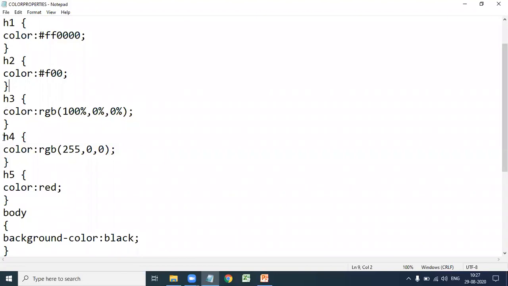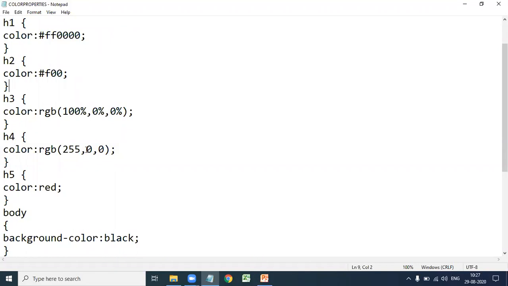Next, H4 color: RGB(255, 0, 0), this one is RGB absolute. The red value is the maximum value 255, so this red color is applied to the H4 tag.